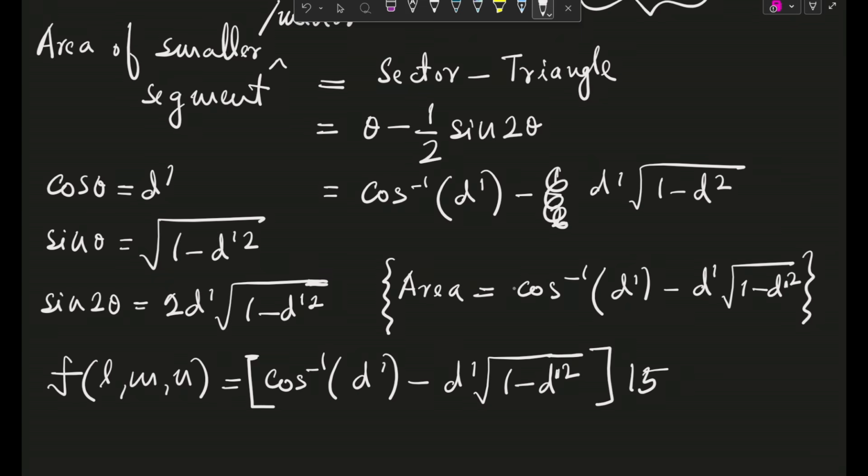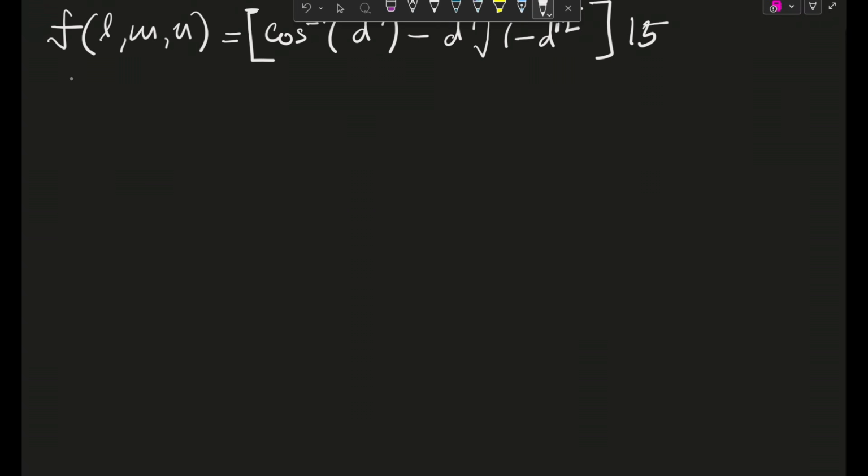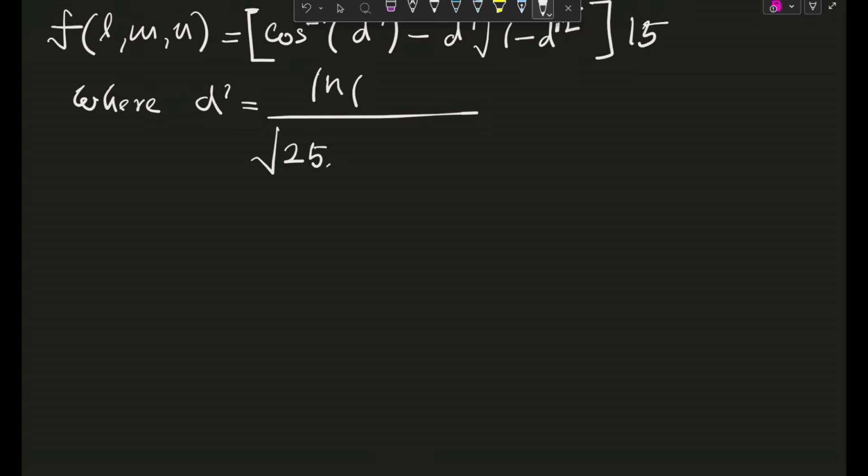Okay, and obviously d dash here, where d dash is equal to n, or rather you can put mod n also if you want, whole divided by root under 25L square plus 9M square. Okay,